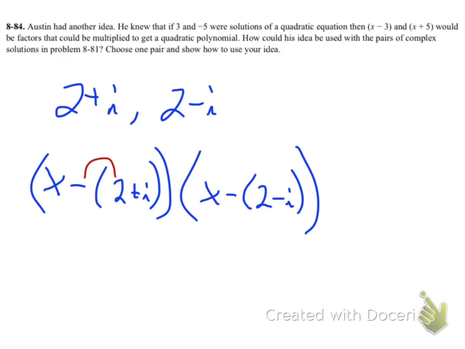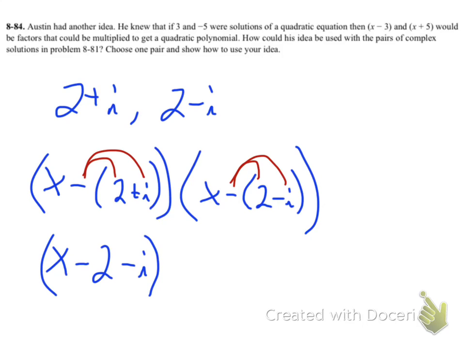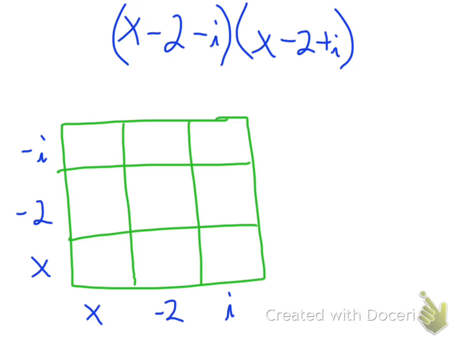What I need to do here is distribute the negative. So these would be x minus 2 minus i, x minus 2 plus i. Now what I need to do is multiply these out in order to get my quadratic. And I'm going to make a 3 by 3 generic rectangle. So my 3 by 3 generic rectangle will look like this, and now I just need to go through and